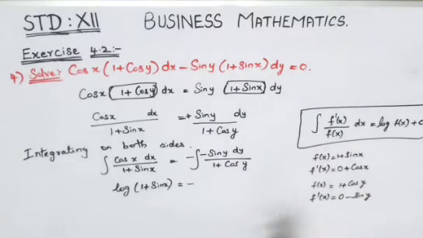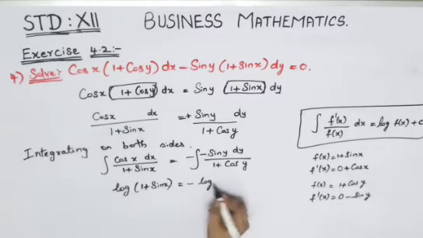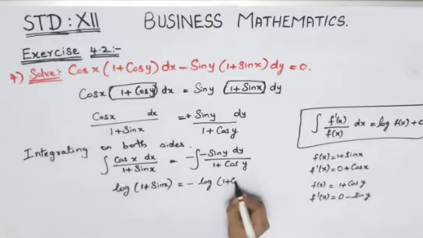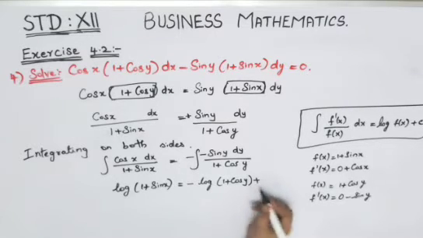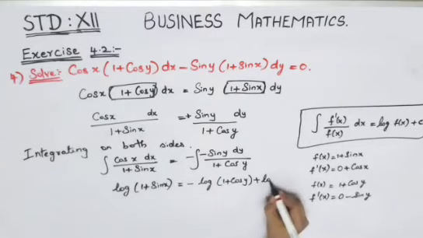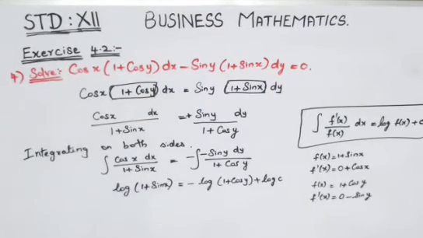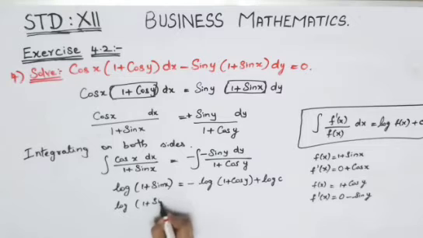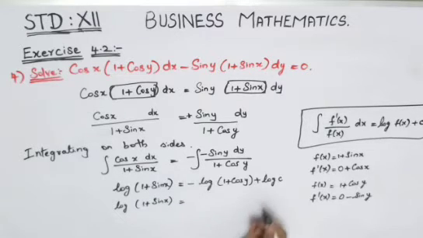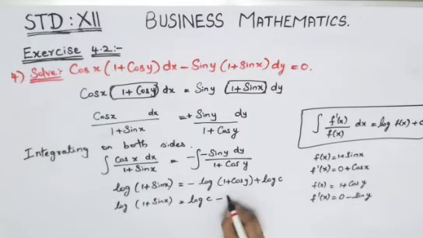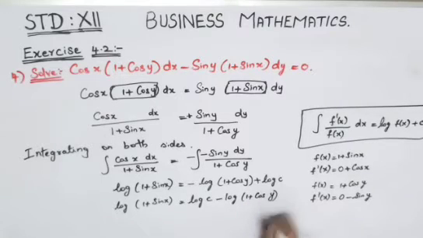So if it is satisfied, what you can write is log f of x. What is your f of x here? 1 + cos y. So log of 1 + cos y, with the minus outside. Since both sides have logs, you can introduce your constant as log c. Now log of 1 + sin x is equal to this, and log c we have got in positive, so just keep it in the front, that is the first term. This minus log of 1 + cos y, I take it to the second term.